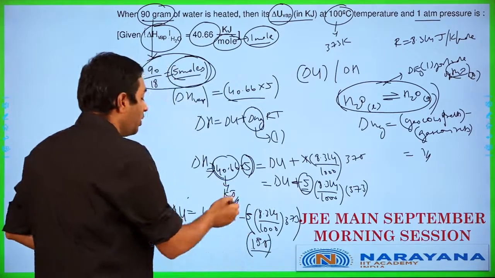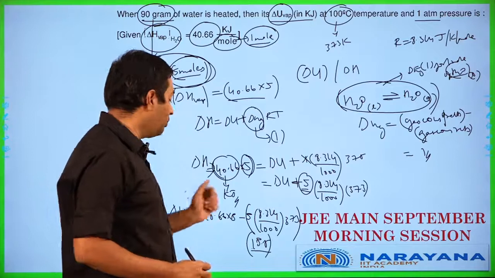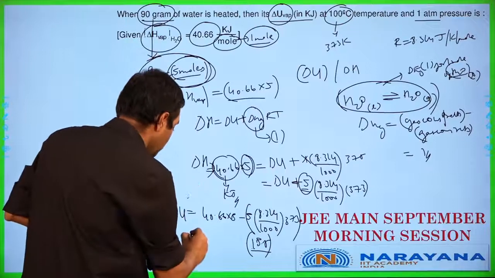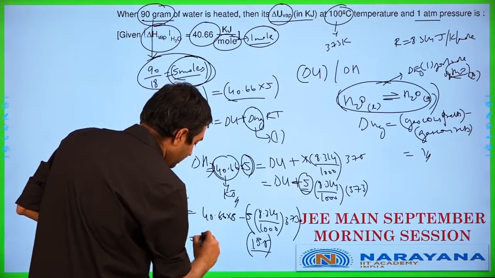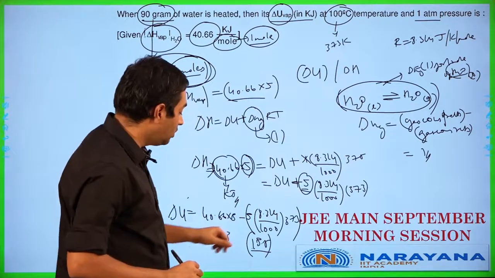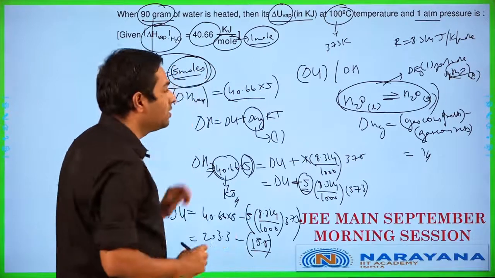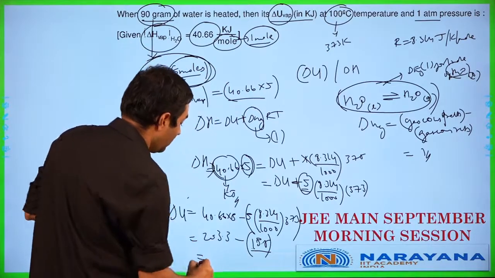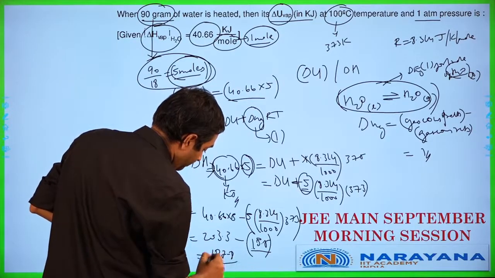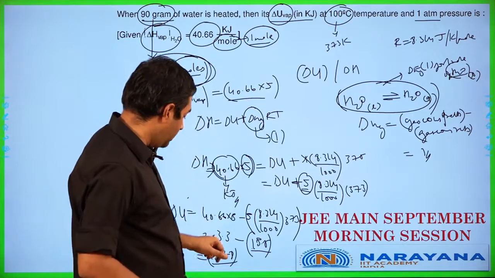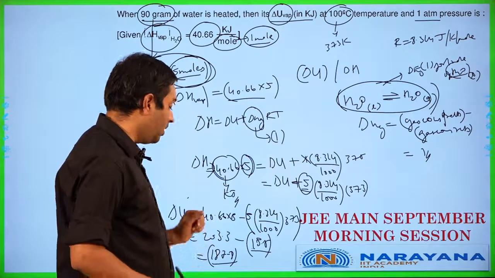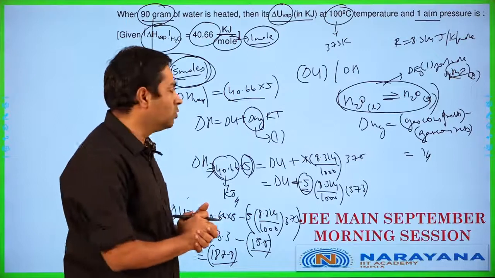So you can effectively write as 40.66 into 5 minus 15.5, and 40.66 into 5 works out as 203-ish. So it works out as somewhere around 203 over here. So 40.66 into 5 works out as 203.3. Alright, so 203.3 minus 15.5, this is going to be the answer in this particular question over here. So it works out basically as somewhere around 188 kilojoules. So 187.8. Let me check up once. So it works out as 187.8 plus 0.5 now, 188.3. 188.3, yep, 187.8. So it works out as 187.8 kilojoules in this particular case.